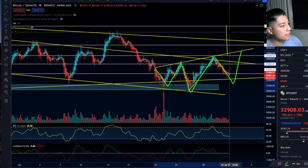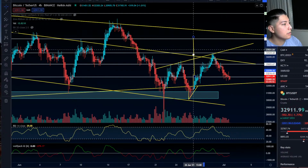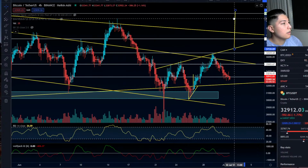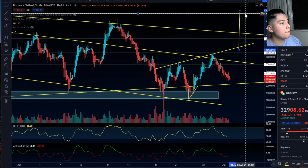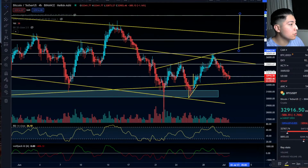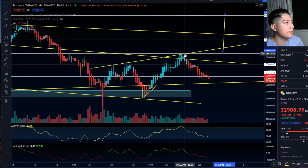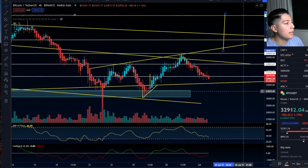And the price target of this inverse head and shoulders would be right around, so this is the top of the head right here. We move it up here at maybe around this breakout, hitting $42,000. That could be the price target for this inverse head and shoulders. But right now we're still back in the channel. It's not necessarily a fake out, we just didn't hold the price up. But we are coming back down here,